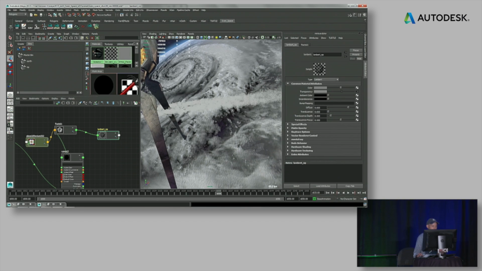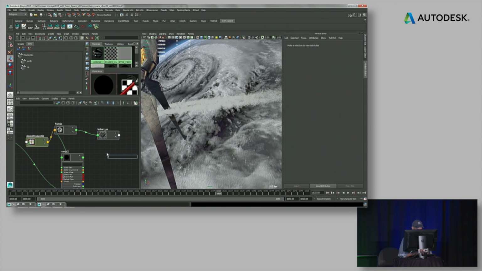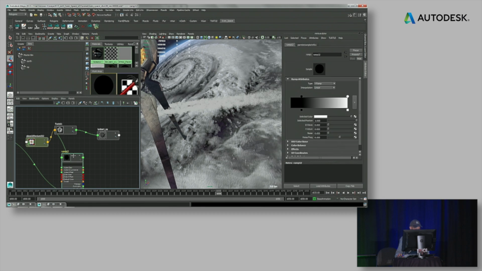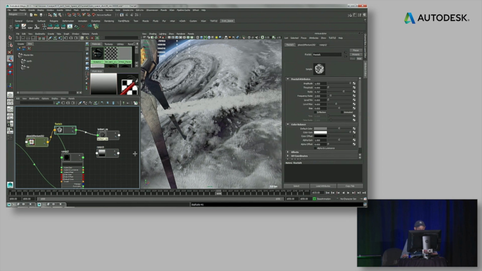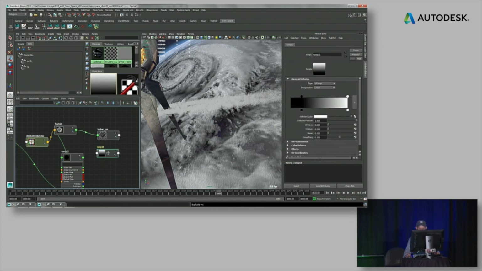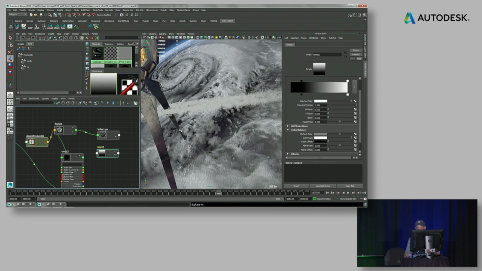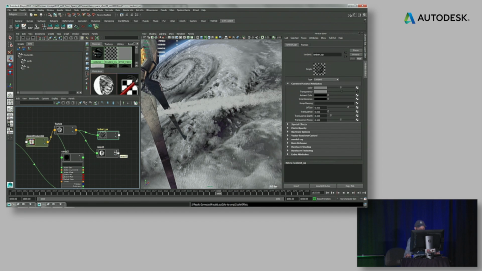So we're going to use another ramp to do that. We'll just type ramp one more time. Or I could just take this guy and do Control D. That would be even faster than typing ramp. So with that guy, we're going to take the output of this and shove that into the color offset. So this ramp has that color balance also. So we're going to take that and just shove it into the color offset, and then make this become our